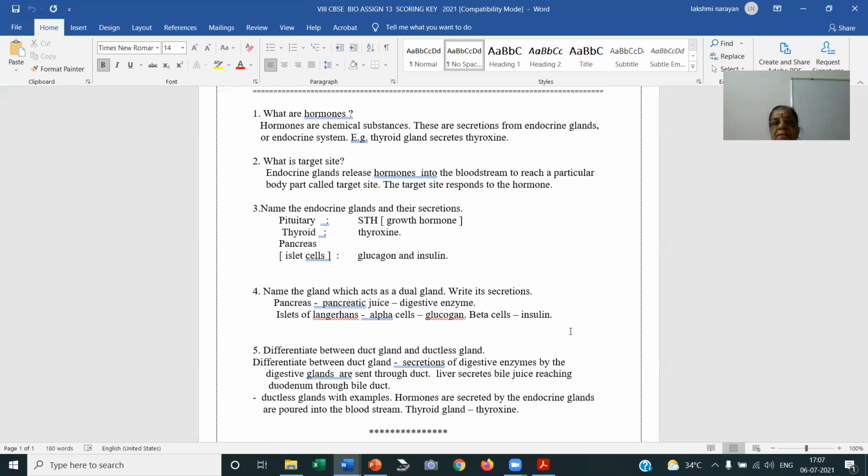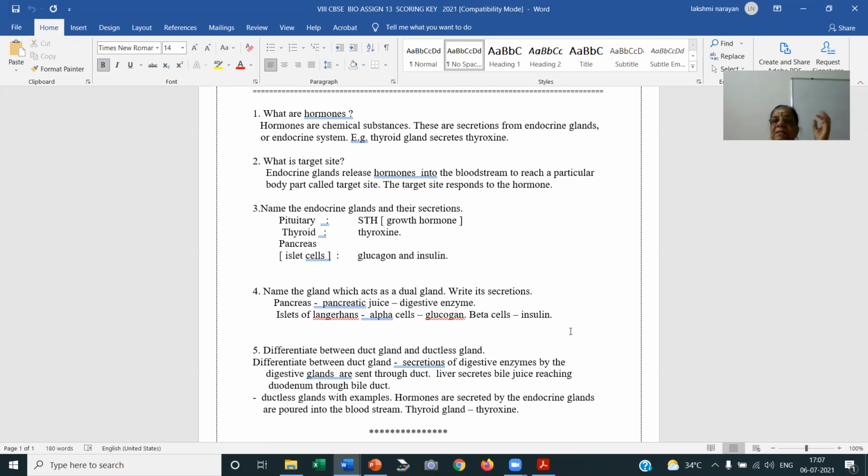Then name the endocrine glands: pituitary, somatotropic hormone, that is growth hormone, STH. Then thyroid gland will secrete thyroxine. Pancreas, islet cells, glucagon and insulin. Right? Then name the gland which acts as dual gland, that is pancreas is acting as a dual gland where